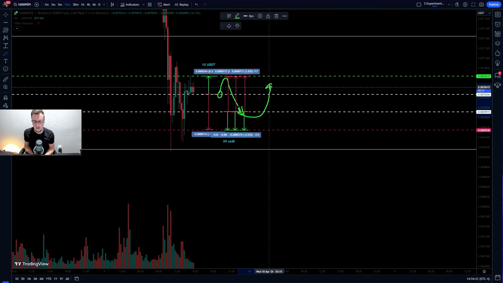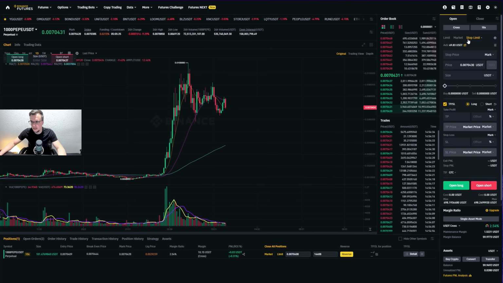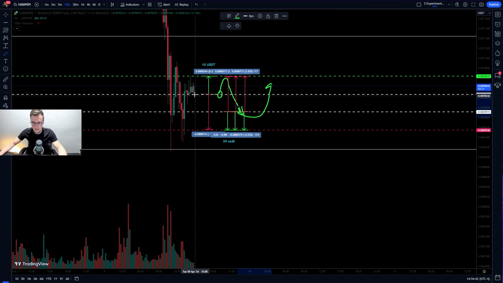Right now, I'm just showing you the main concept, an idea of how I use all of the features on Binance futures and why certain features like stop limit are needed. So they're needed exactly for this kind of scenario. So the price is right here and I don't want to open my short position unless the price goes down to